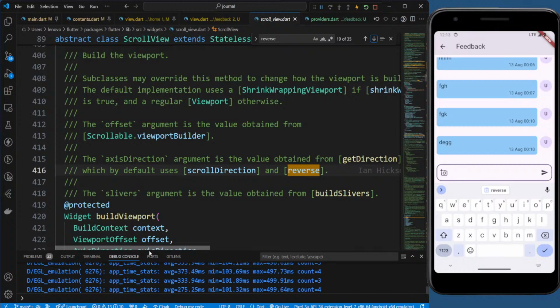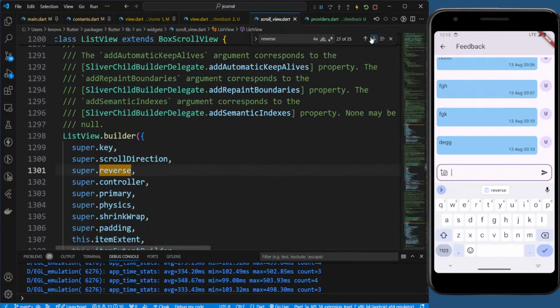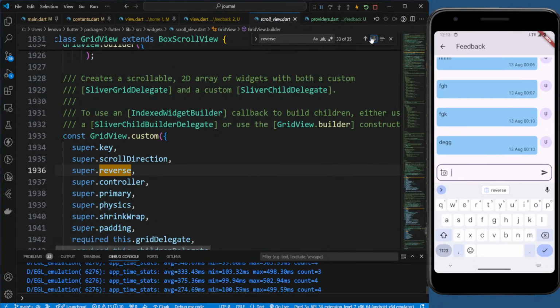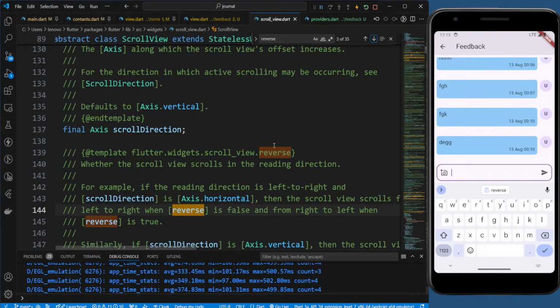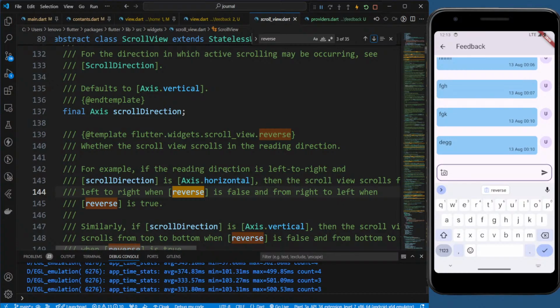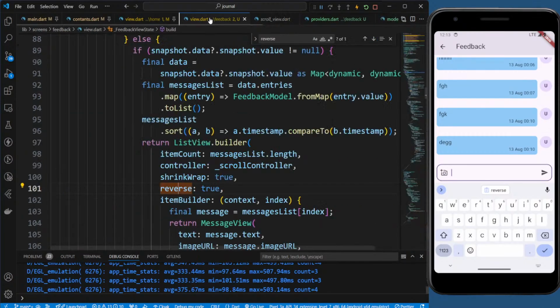Vertical is the scroll direction. So it does not say what reverse basically is. Okay. So for example, if the reading direction is left to right and scroll direction is vertical, the scroll view scrolls from top to bottom when reverse is false, and from bottom to top when reverse is true. Okay, seems like